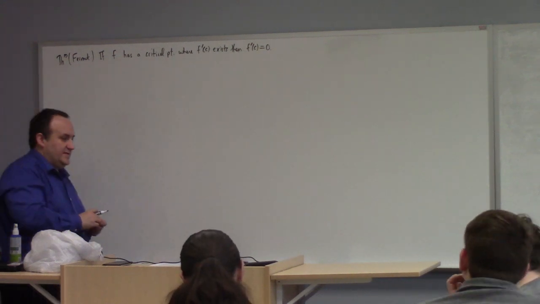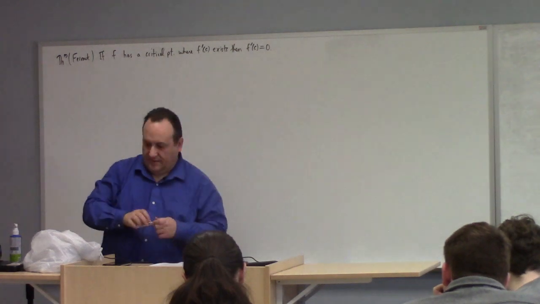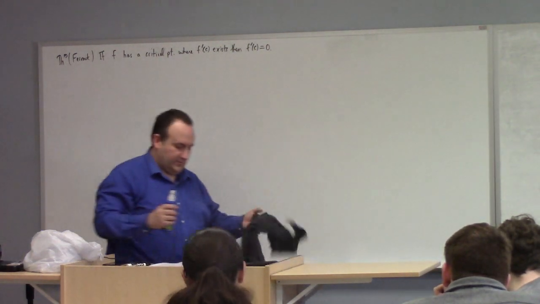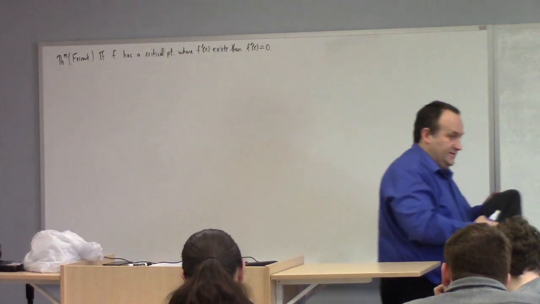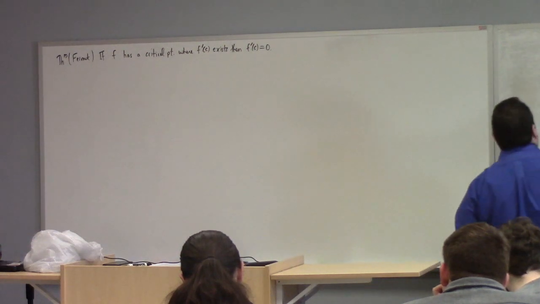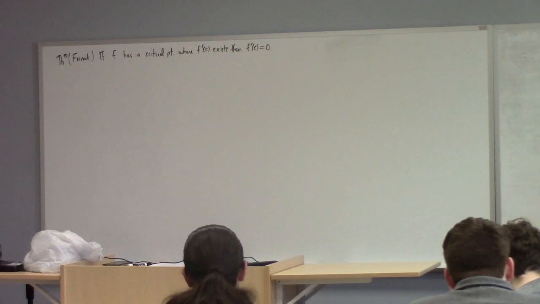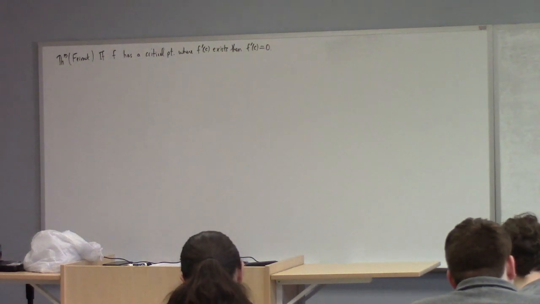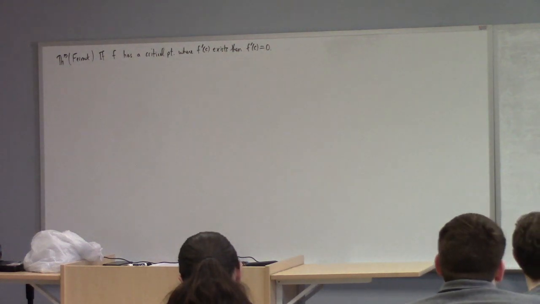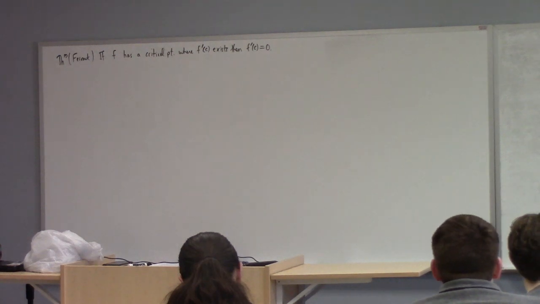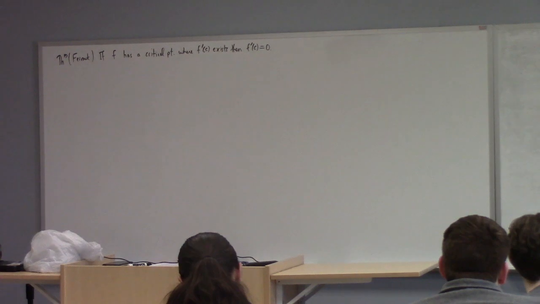So if you think about this, there are two possible things that could happen for a critical point. What are they? The derivative could exist, right? And then Fermat's theorem tells us that the derivative is 0 at such a point. What's the other thing? If it doesn't exist, it doesn't exist, right? I mean, it either exists or it doesn't. So if it doesn't exist, that's the other kind of critical point. So that's the other potential place a function could have a local extrema. Either a place where the derivative doesn't exist, or a place where the derivative is 0.